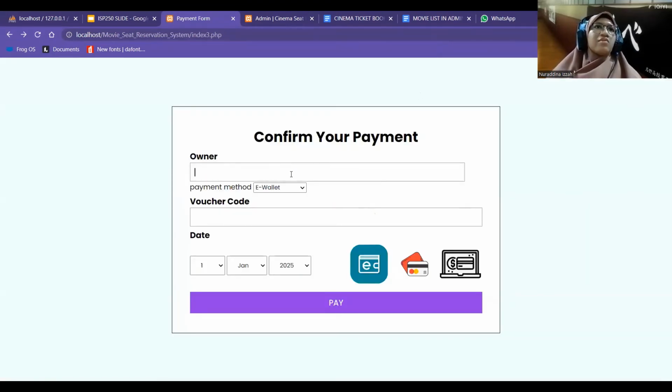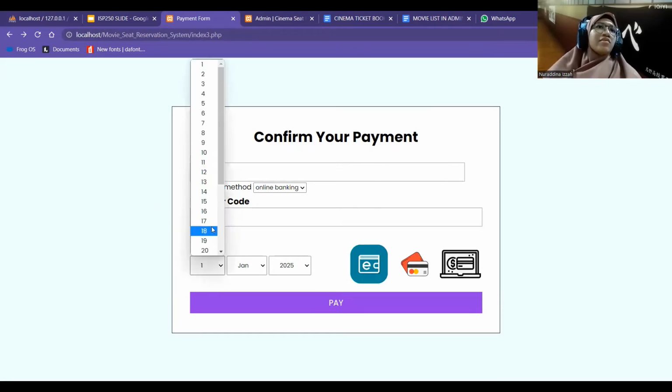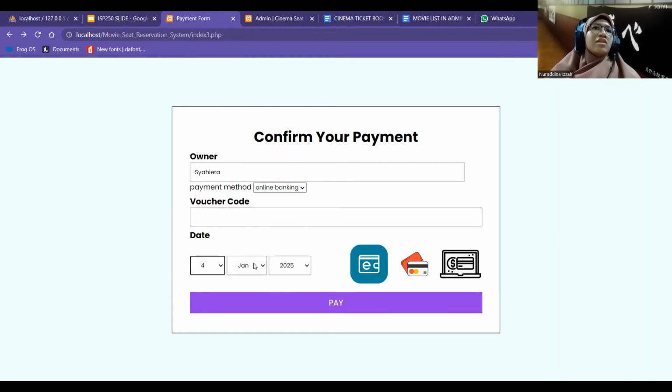it will go to this payment section. For the payment section, the customer needs to enter their name, nickname or whatever, and choose their payment method, a voucher code if they have one, and the payment date, which is the date that they made this payment.